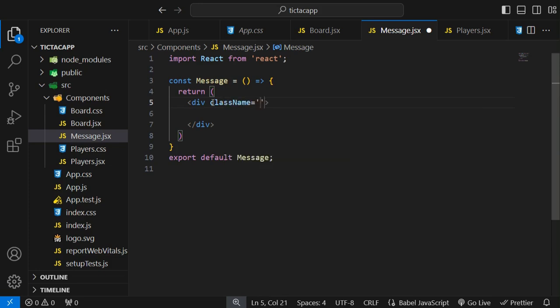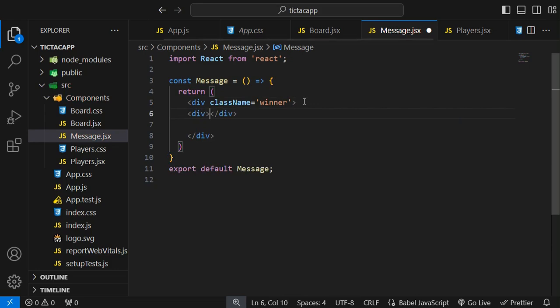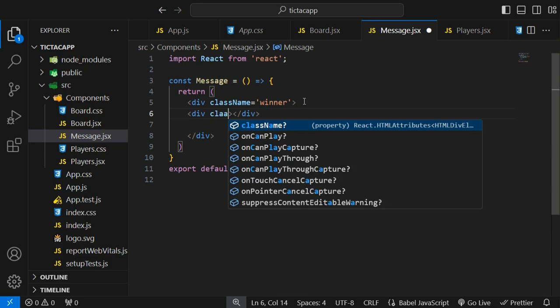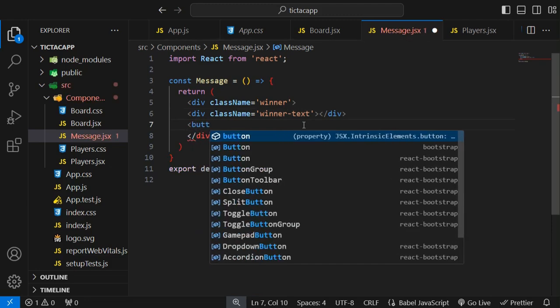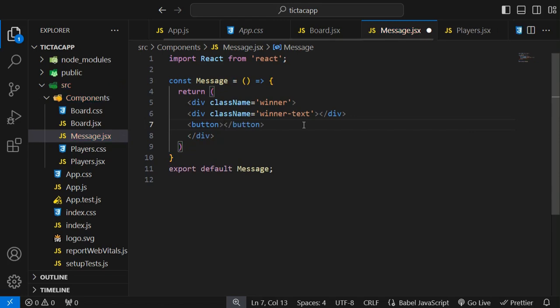The class name would be winner, and again we have a class name, and this class name is winner text, and here we have to take a button. This is just for reset. Now press Ctrl S, and let me import our